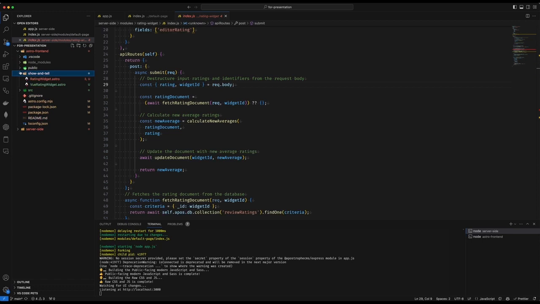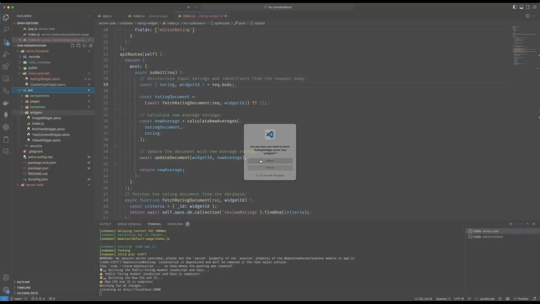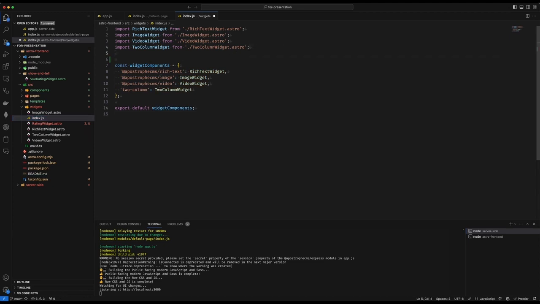Over on the Astro side, I'll also drag the component from my show and tell folder into the widget folder and wire it up in the index.js file. Now, if we make a new default page in our project, we can add our rating to the page.